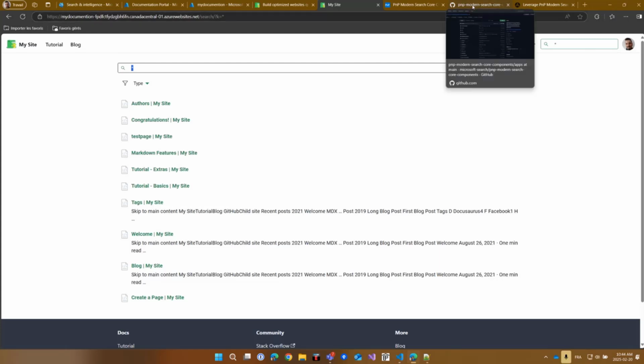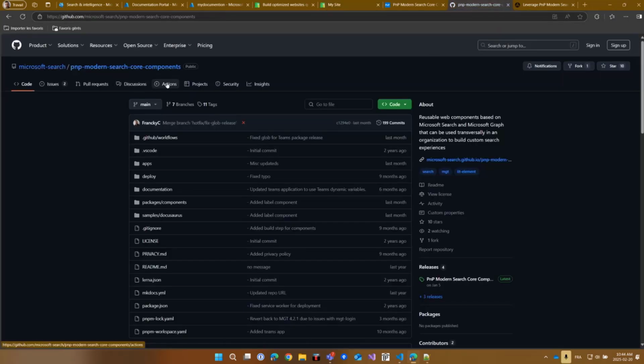The PnP Modern Search components, for those who don't know, are different from the PnP Modern Search web parts, and these components allow you to basically use Microsoft Search from any web-based application. It means any HTML page, Teams application, SharePoint web parts, and all of that.